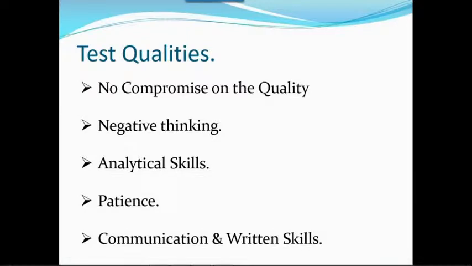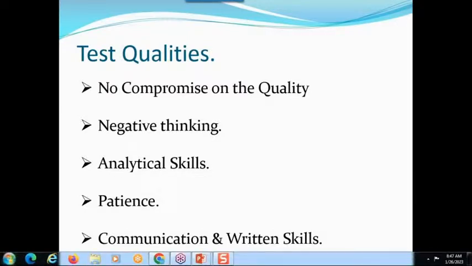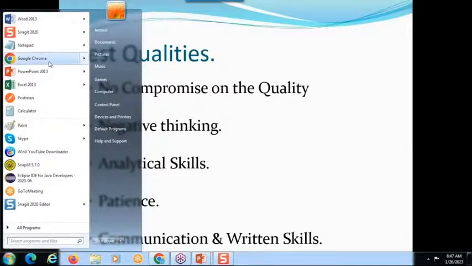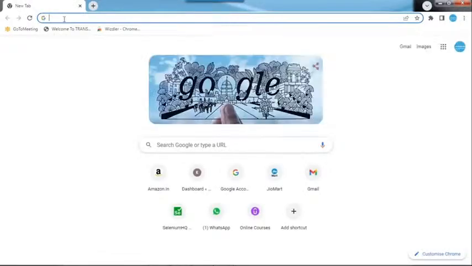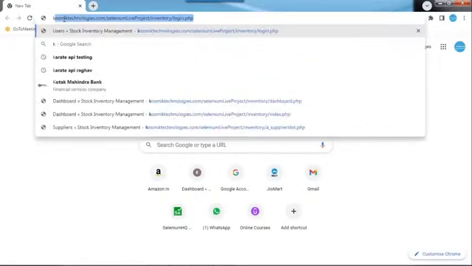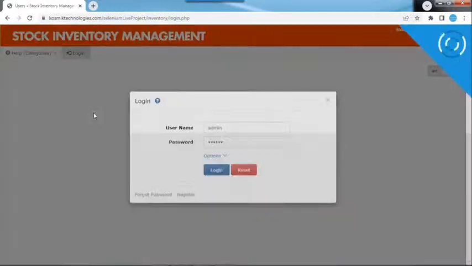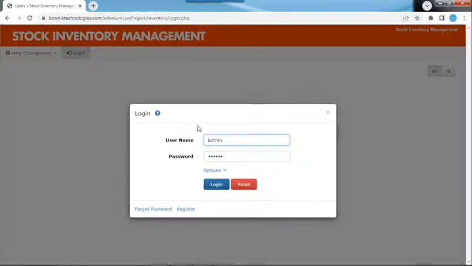So, generally, while we are doing the testing, right? We need to do both things, like positive testing and negative testing. Okay. So, what is the meaning of positive testing? See, now this is the login screen, right? In this login screen, I need to give values like a valid username, valid password. Then only I can log in to the application, right?